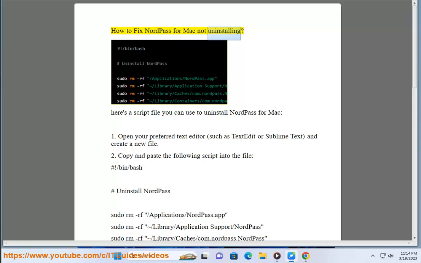How to fix NordPass for Mac not uninstalling. Here's a script file you can use to uninstall NordPass for Mac. 1. Open your preferred text editor, such as TextEdit or Sublime Text, and create a new file. 2. Copy and paste the following script into the file,